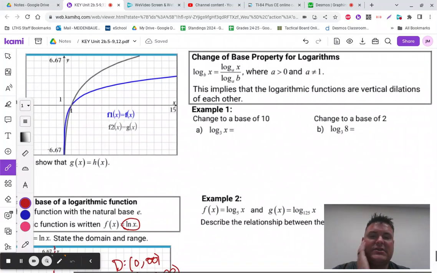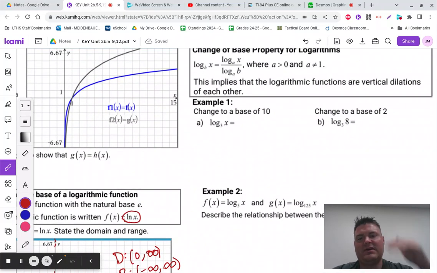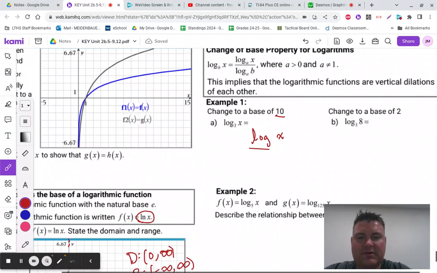All right, last thing here is a change of base property, which is a cool property, as the kids say. You can change any base you want. It's going to make it into a fraction, and you can see it right there. Make sure that our base is larger than 0 and not 1. So there's a change of base right there. For example, the argument becomes a numerator and the base becomes a denominator. So it changes to base 10, which means that we're going to rewrite this as log x on top all over